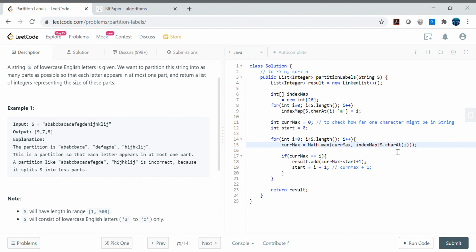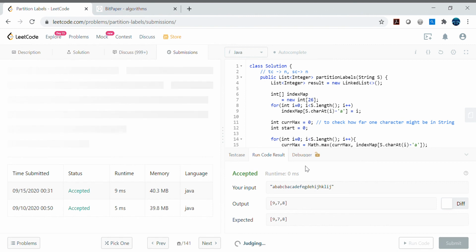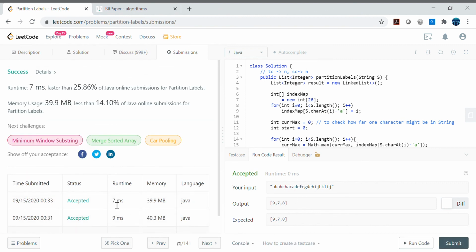We don't need get here, we can do a closing bracket and then minus 'a'. All right, so we are done. Let's check for the compilation errors here. There is none. We can submit, and then we can see, okay, so